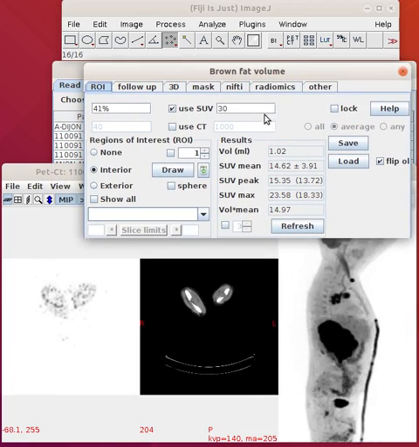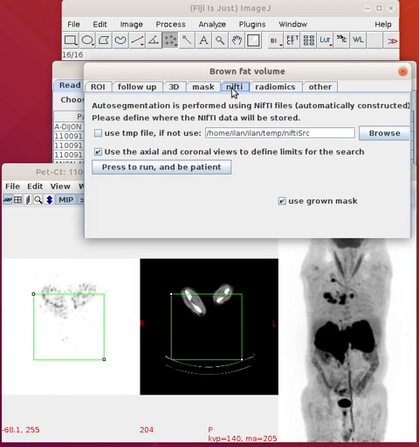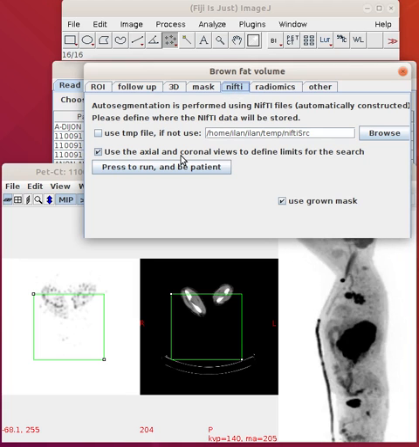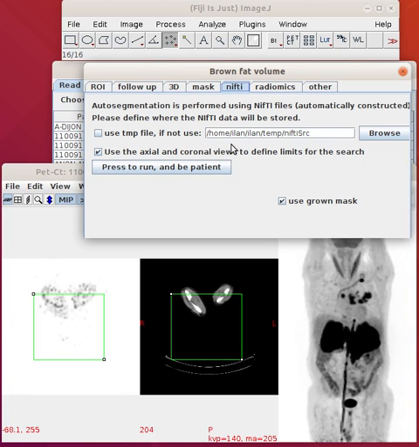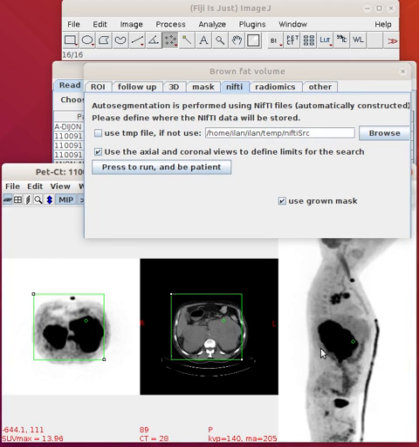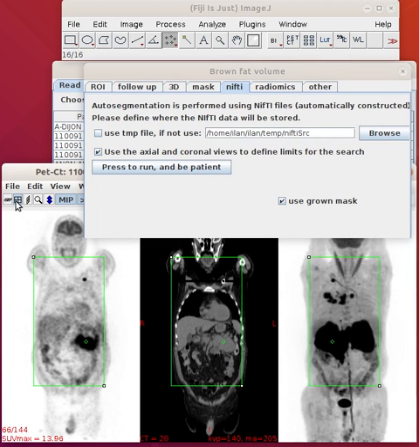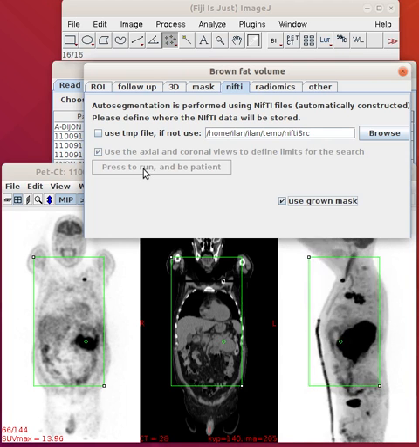So, now I go to the Nifty tab. Nifty is actually a file format, but the process itself is pretty nifty. I'll use the axial and coronal views to define limits. Here's the axial, here's the coronal, and the limits are pretty good, so I'll take them as is and press